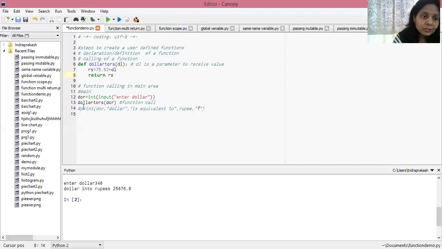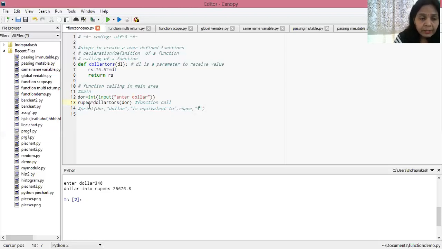So I have to change this statement a little bit. I will declare a variable over here. Suppose I have declared a variable rupee is equal to. Note this statement, children. How can we call the particular function which is returning a value? We have to call the function after the declaration of a variable.